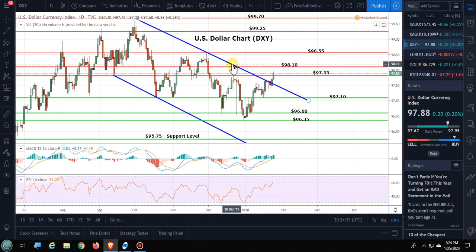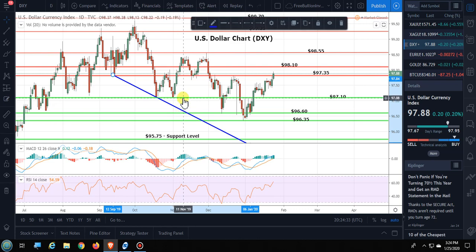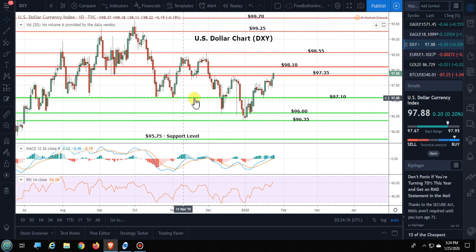But let's go ahead and remove the head and shoulders pattern because it was denied, as well as the ascending channel, which is no longer relevant. The dollar clearly moved out of it. You could really paint another descending channel,